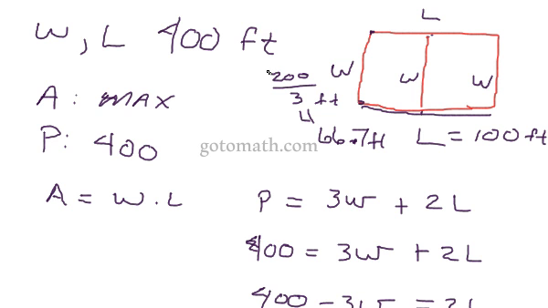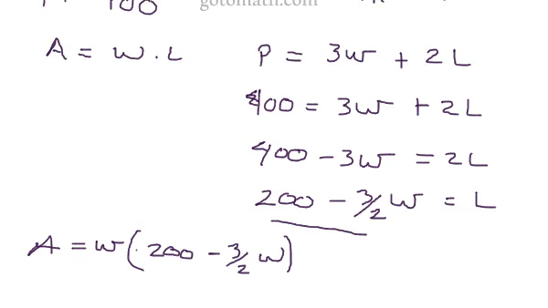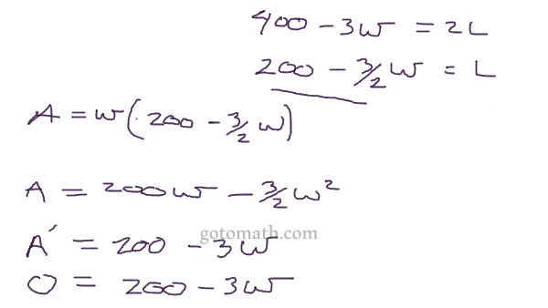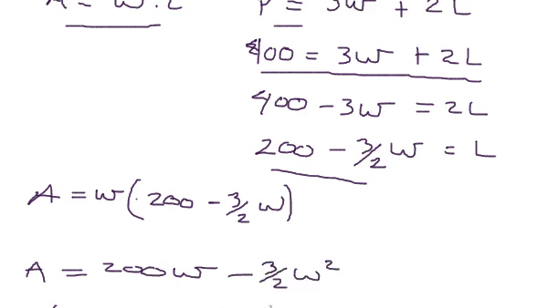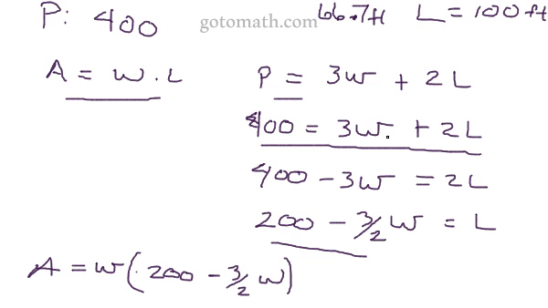So we took our given information that they gave us, we constructed our primary and our secondary equations somewhere right here. The primary equation, the secondary, I guess I should underline this right here, our secondary equation, got everything in terms of one of the variables, wrote it out, took the derivative, set it equal to 0, solved for it, then once we solved for one of our variables, went back to our secondary equation, plugged it in to find out what the other variable is. So that's basically the format that you use on all of these